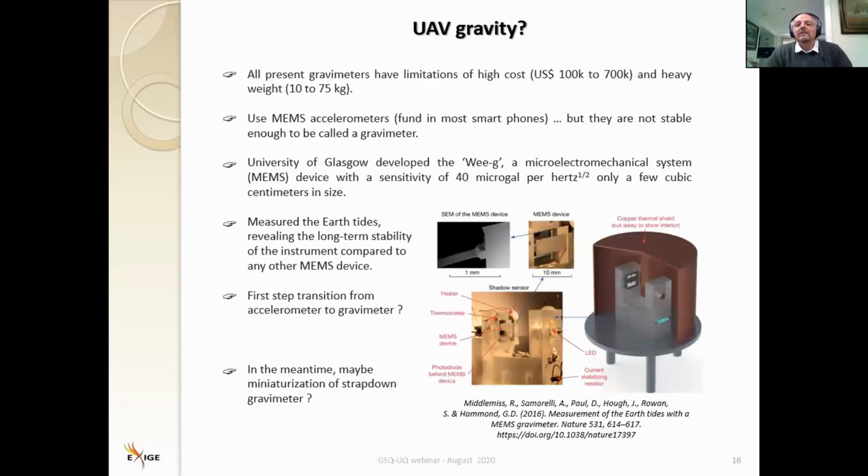Gravity, well, it might become a reality. Let's look at what is a gravimeter. Right now, from the ground to the airborne, you're talking about 10 to 75 kilos. And obviously, as soon as you're in airborne, 75 kilos is the lightest equipment system available, and it's $100,000